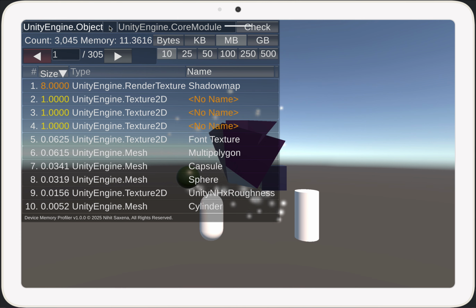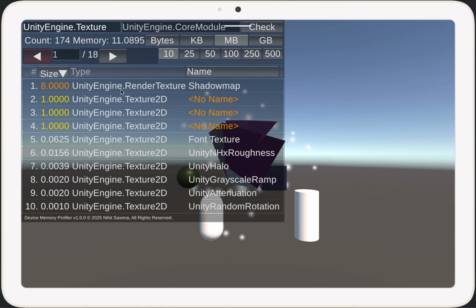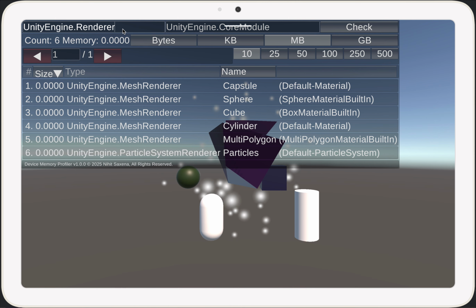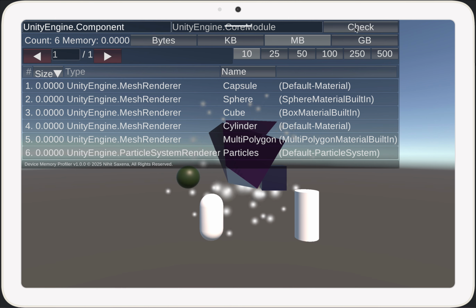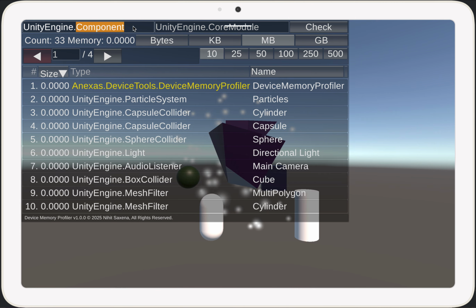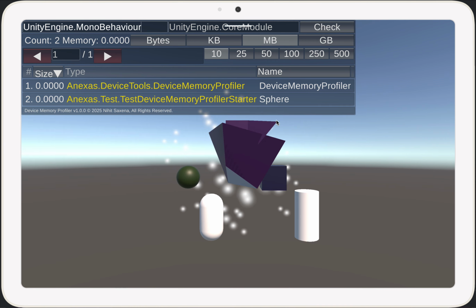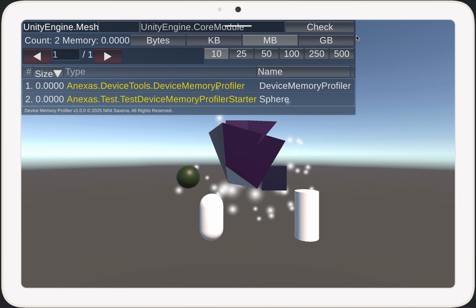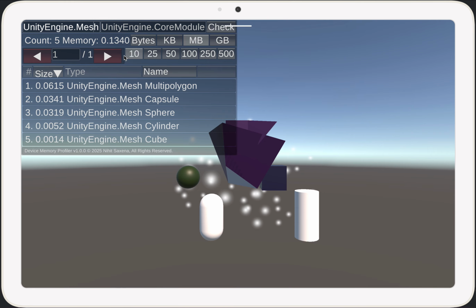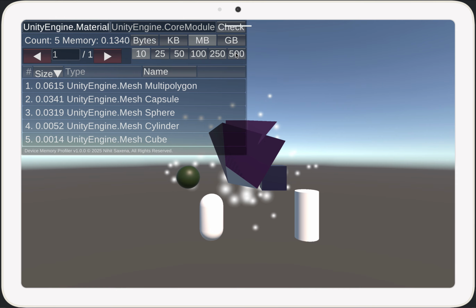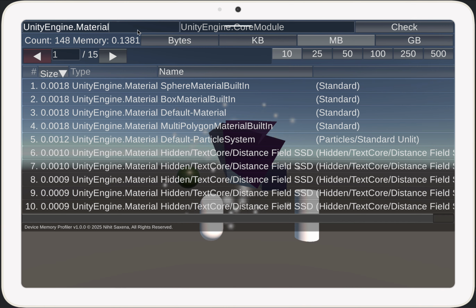Okay, we can also list any subclasses of Unity objects, such as texture, which are taking the majority of the total space, or we can list renderer, or a component, mono behavior, mesh, or material, shader,